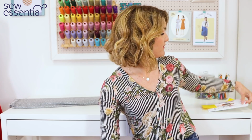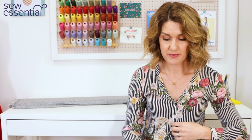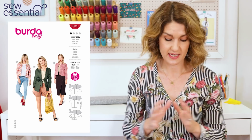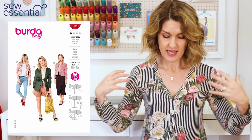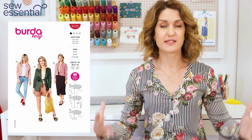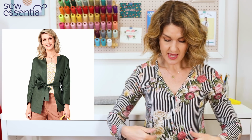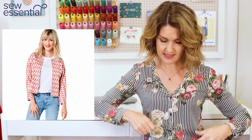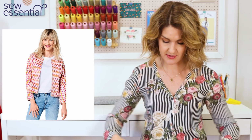And then finally, we've got a nice easy jacket here, number 6123. I think this would be a great way to have a go at jacket making, because the sleeve is grown on, so there's no setting in sleeves, there's no fastenings, it's just supposed to be left open, there's no collar, it's just a nice clean round neck. And there is an option for patch pockets and a waist tie if you want to include those, and two different lengths as well. But it's collarless, it's unlined, it just looks like a nice, easy, quickly chuck on jacket